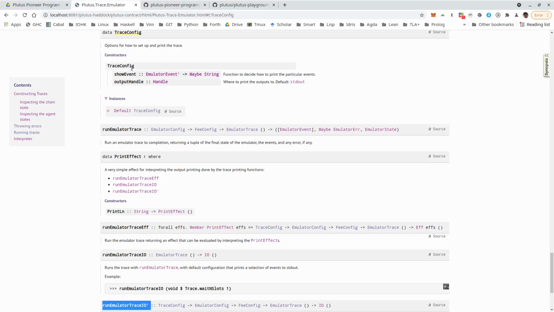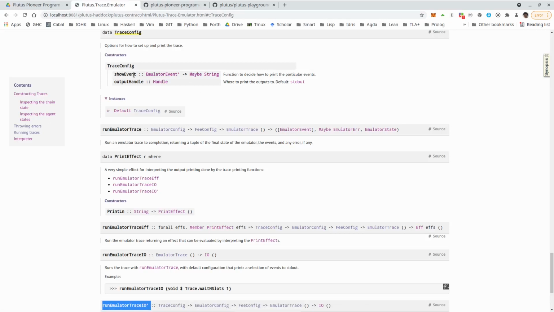That's a record type with two fields. The second one is a handle, and in Haskell a handle can be a file, but it can also be the console. The default would be the console, but you can also specify a file. So what we saw right now in runEmulatorTraceIO, there the handle is the standard output.